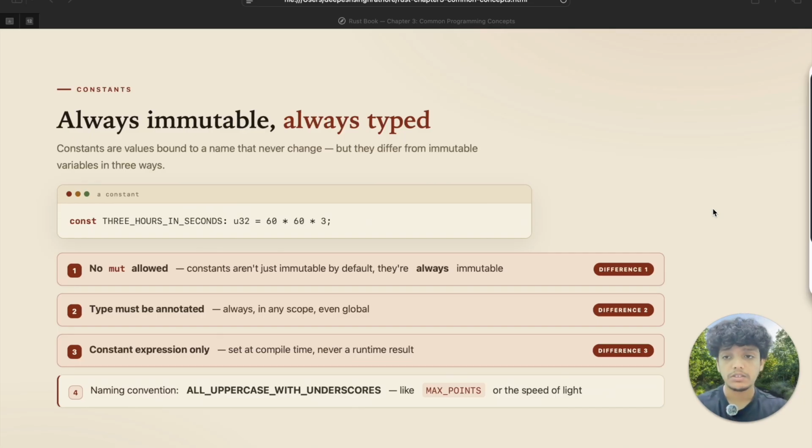So constants are always immutable and always typed. That means we must tell the compiler what type of data it's going to store beforehand, before the runtime, right? So there are three things we need to keep in mind here. No mut is allowed. Constants are always constant, the name itself. We can't change the data inside the constant. The type must be annotated for a constant, and we can write, just for example,